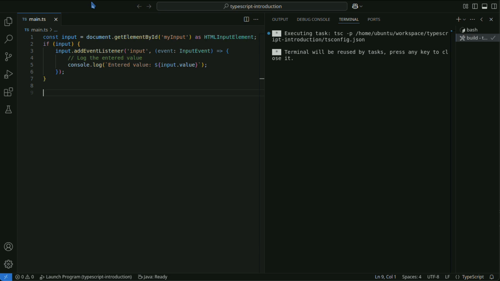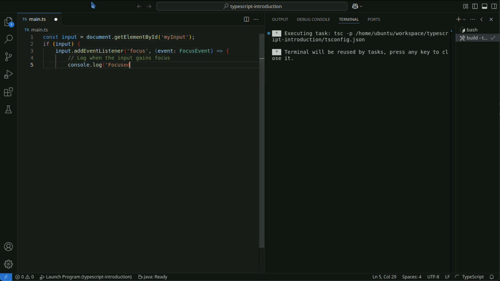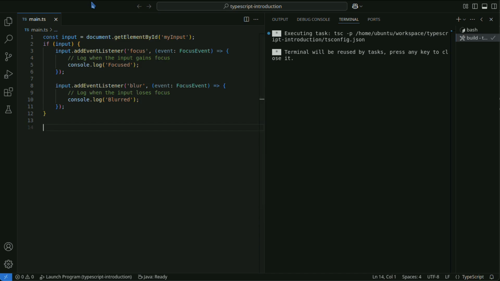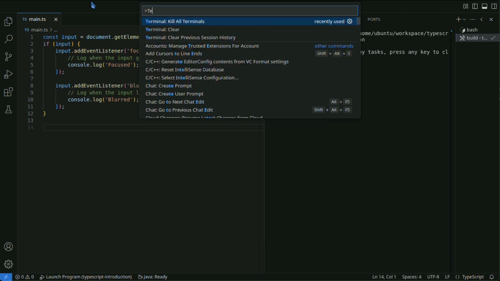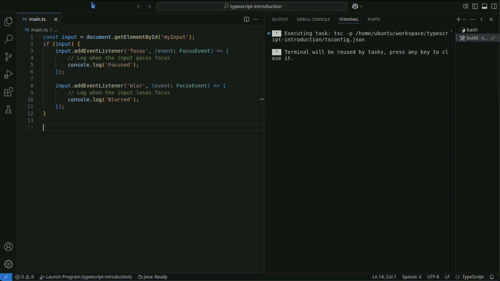FocusEvent is an event type that occurs when an element gains or loses focus. This code displays "focused" in the console when the input field is focused, and "blurred" when it loses focus.